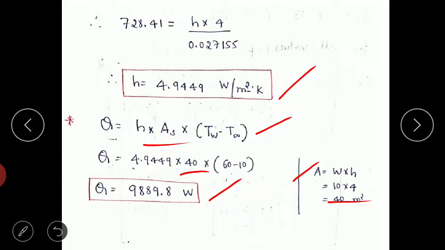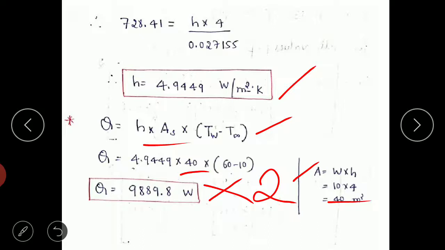Okay, this is only the heat transfer from one of the surfaces. But if you want the heat transfer from both the surfaces, or from the plate, then what do you have to do? Multiply it by 2. So in the exam, it is better to write both the answers. Heat transfer from one of the surfaces is one answer. Heat transfer from the plate, or both the surfaces, you get by multiplying the answer by 2, and write down that answer also.